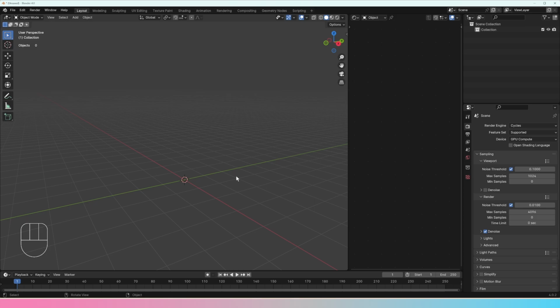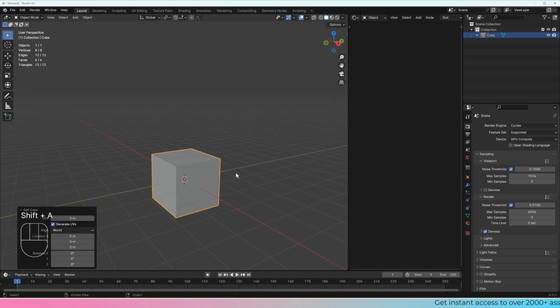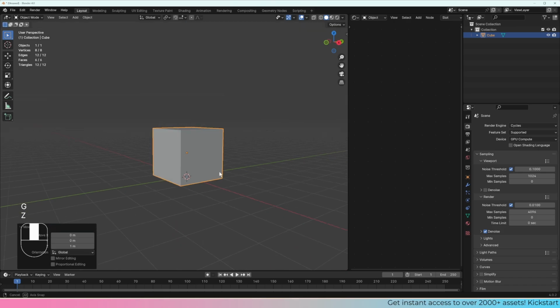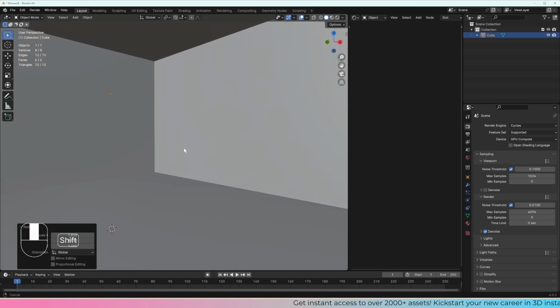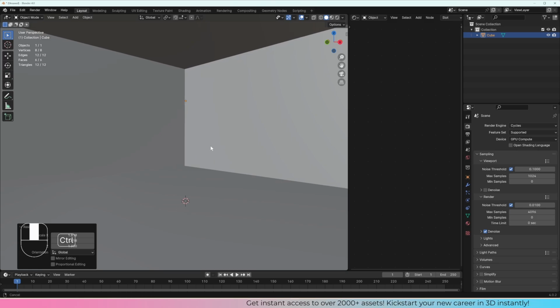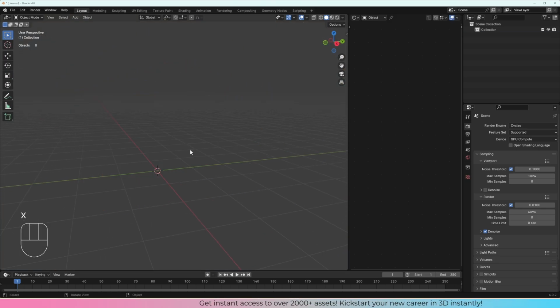So the first thing we need to do is add a camera. Now if you are starting a project which involves getting some architectural plans from a customer, they might send you the floor plan and then you might make that floor plan correctly, and once that's created, then you add the camera. So you might find the perfect position and then add the camera. But I already know what the final product's going to be, so what I'm going to do is add the camera first,